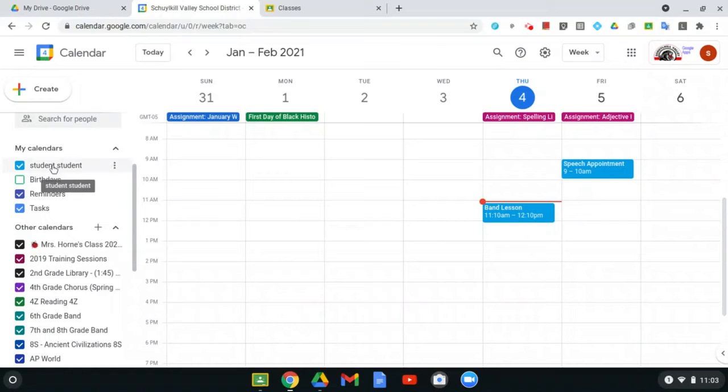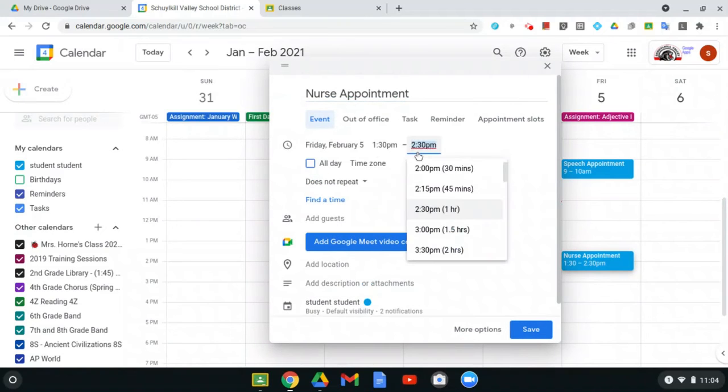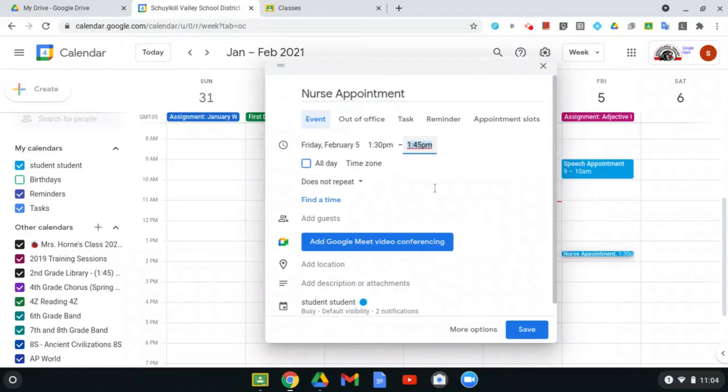And they're color-coded to match my student Google Calendar color, right? That light blue color. So anything that I add on here is going to show up in that color. So I'm going to put nurse appointment in here, right? And the default is 1 hour, but I can change that. I can say 1:30 to 1:45, and notifications are